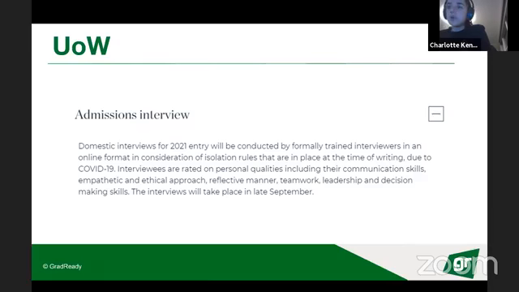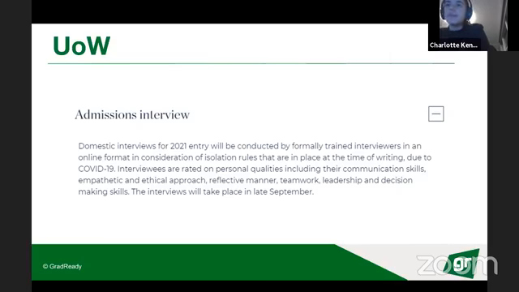For the University of Wollongong, they've already stated that they're trying to do their admissions process as much as possible to reflect the way that they normally do them. But this is probably going to involve online interviews, either via Zoom or by their own software. And they've said that the examiners are going to be trained in doing online interviews. So I don't think that you need to worry too much about being caught in a technical bubble, because I think the university will try to work it out, but we can't really confirm or deny that.